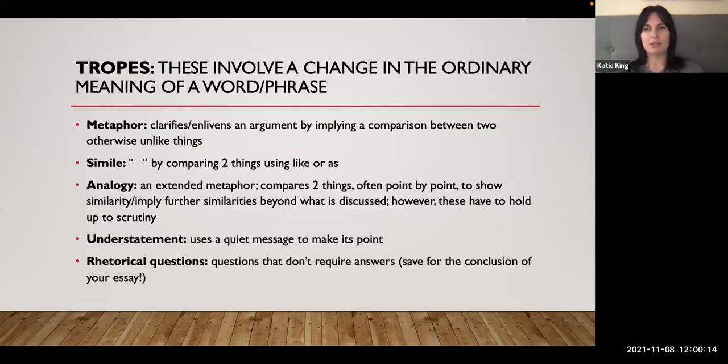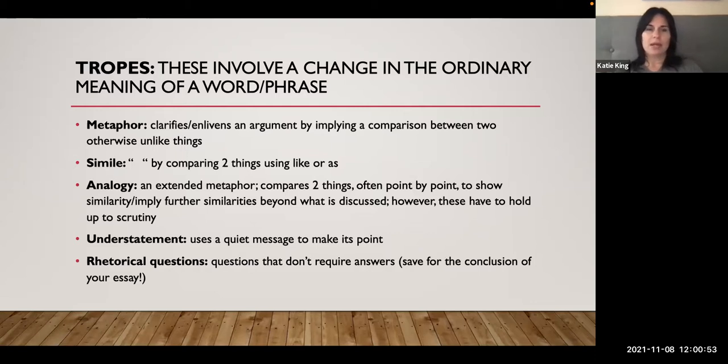Simile does something similar to metaphor, but you have to use the words like or as in your comparison. So if I were to say my dog Lionel is as friendly as the mayor of Long Beach, then that would be a simile because I said as friendly as. Or, my dog Lionel is friendly like the mayor of Long Beach, then that would be a simile because I use the word like. And I'm still creating a comparison between two usually unlike things to show some aspect or trait of one of them, or even both of them.